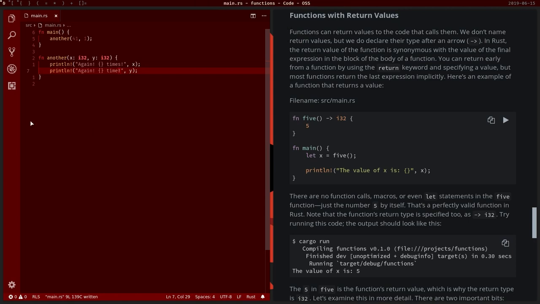We have the function five, which returns an i32, and then there's just this one expression, 5. And that's fine because 5 can be an i32. So in the main function we put let x equal, and then on the right side of the equals sign is our function. We call the function five. Then we have a println: the value of x is